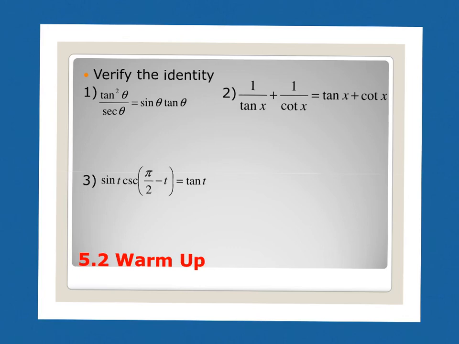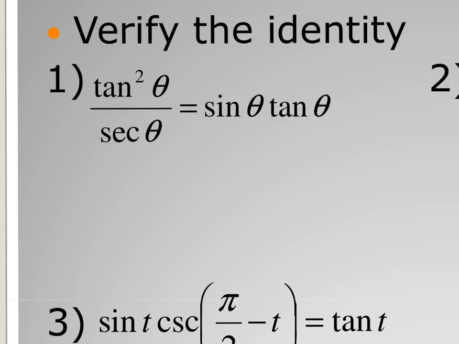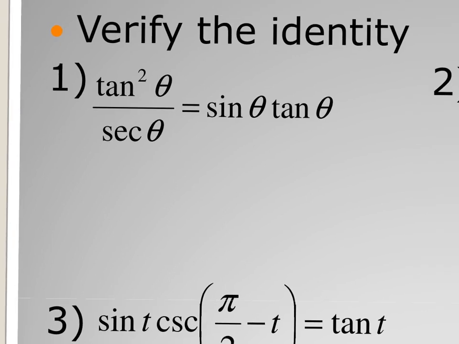Hi there, this video is going to cover the 5-2 warm-up and then the 5-3 notes. So for the 5-2 warm-up, it says just verify the identity. In this section, we're learning to get the left side of our equation to look like the right side of the equation. So if I zoom in on number 1, I get tangent squared theta over secant equals sine theta